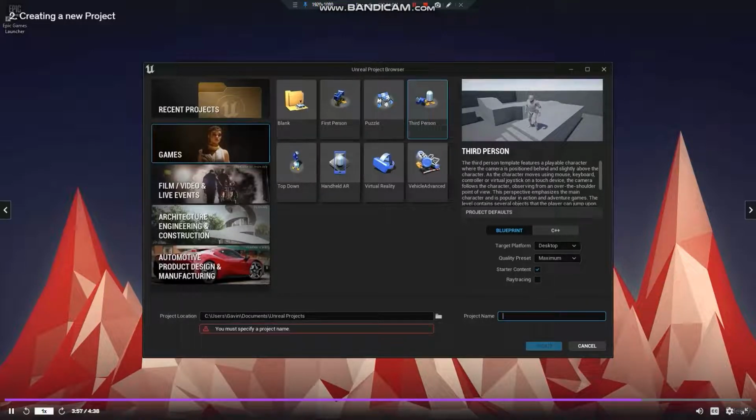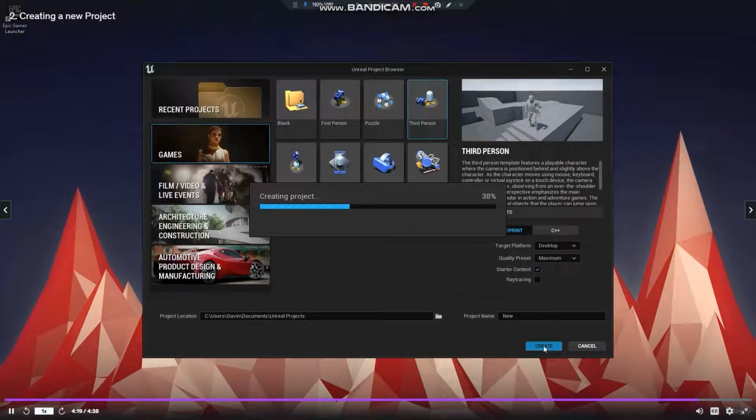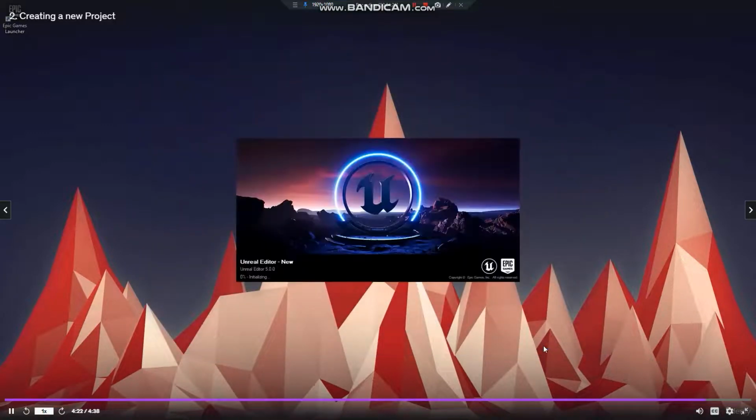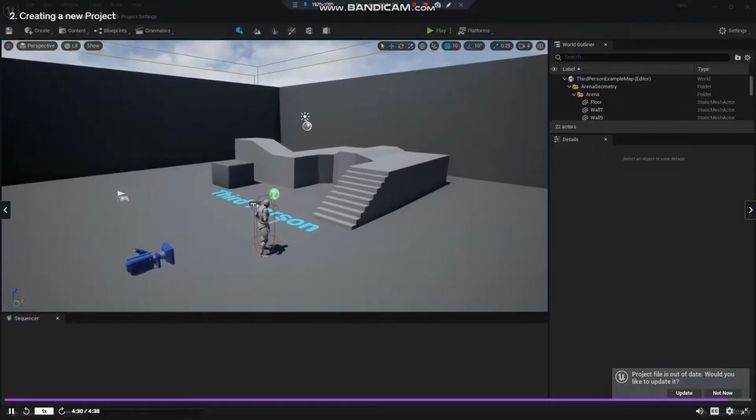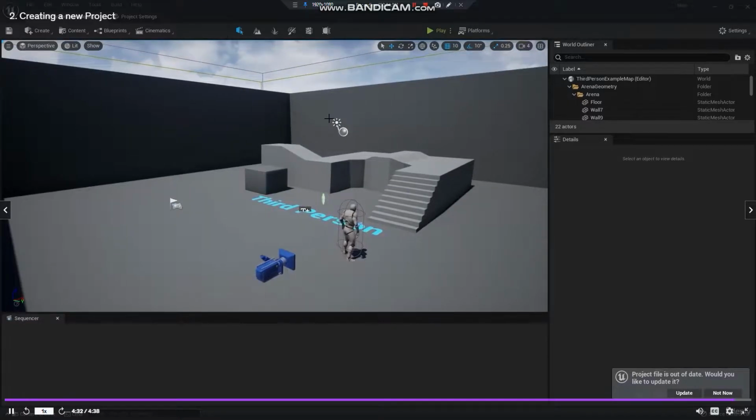I'm just going to call this new because it's a new project. How about that? And then we can put this in any location we want. Ideally, you would put this on your SSD, but you can put this wherever you like. I'm just going to keep this in the default documents and Unreal Projects folder here. And then once we hit create, it's just going to real quickly boot up a new project here, and we will land right inside the editor. Boom, just like that. Here we are, and now in the next video, we will get right into navigating the editor, and I'll be going over all the different basic areas that you should be